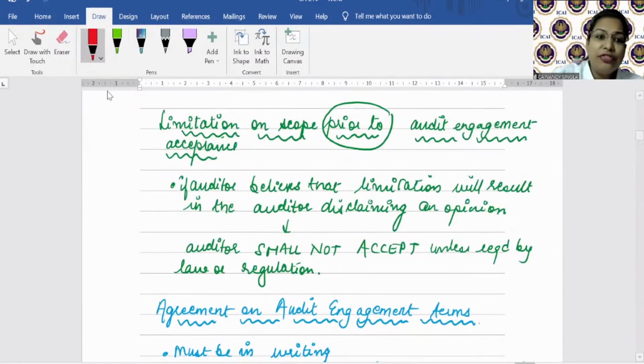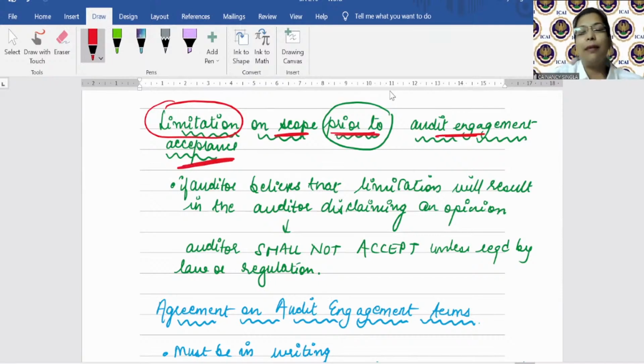Now, if certain limitation on scope of audit prior to audit engagement acceptance is imposed, मतलब when you were discussing with the management कि अच्छा ये काम करना है, ऐसे करना है, at that time management told you कि देखो सारा काम कर लेना, we will provide you with all the information, but we will not provide you access to the inventory verification. आप हमारा inventory मत verify करना. Now a limitation on the scope is imposed prior to audit engagement acceptance, पहले से ही आपको मना कर दिया गया है।